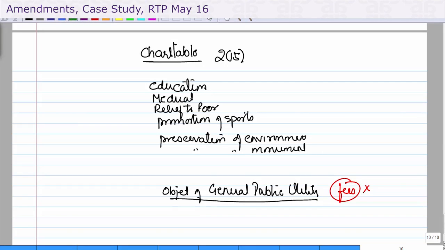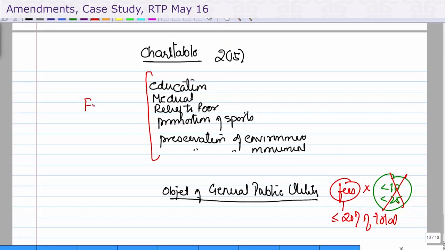And then of course we read that if the fees charged is less than 10 lakhs, then it went on to less than 25 lakhs, then it will still be charitable. We've discussed all of this. This year we know that he's removed the limits of 10 or 25 lakhs and said if the fees charged is less than 20% of total receipts, we will still consider that as charitable. But there is no restriction on charging of fees here. There is no restriction. So educational institutes being schools can charge fees, yet they will remain charitable as long as,